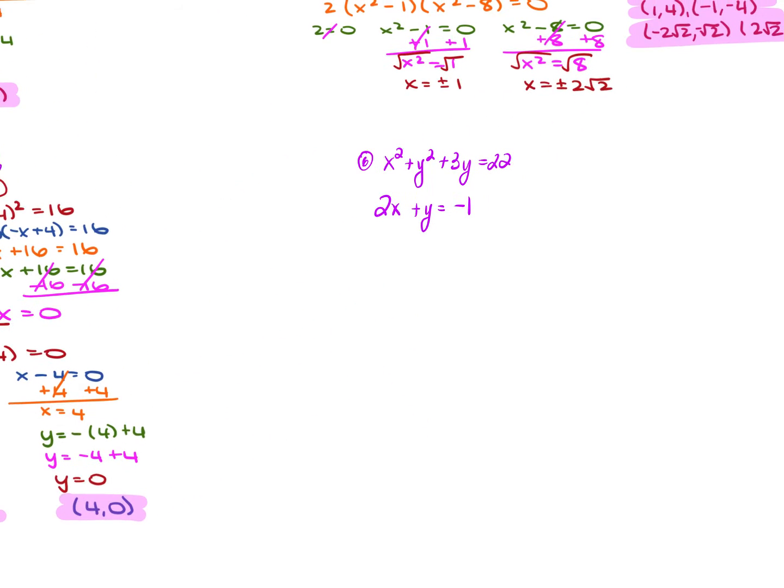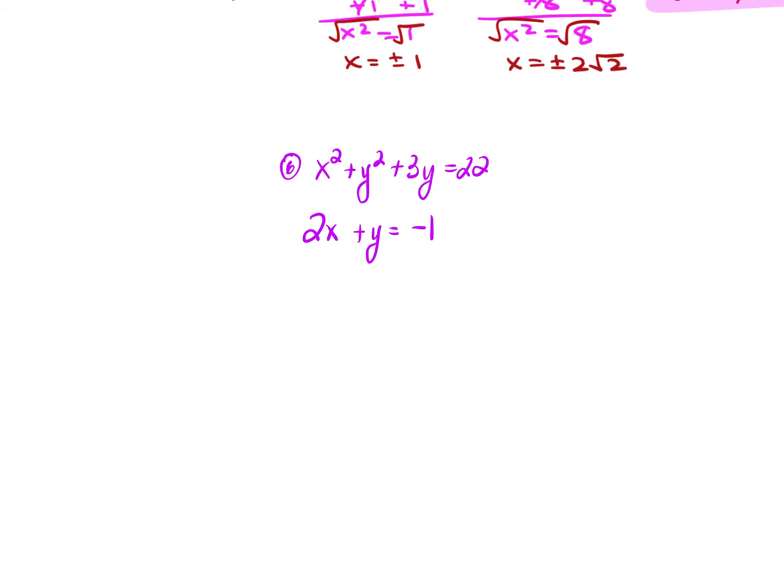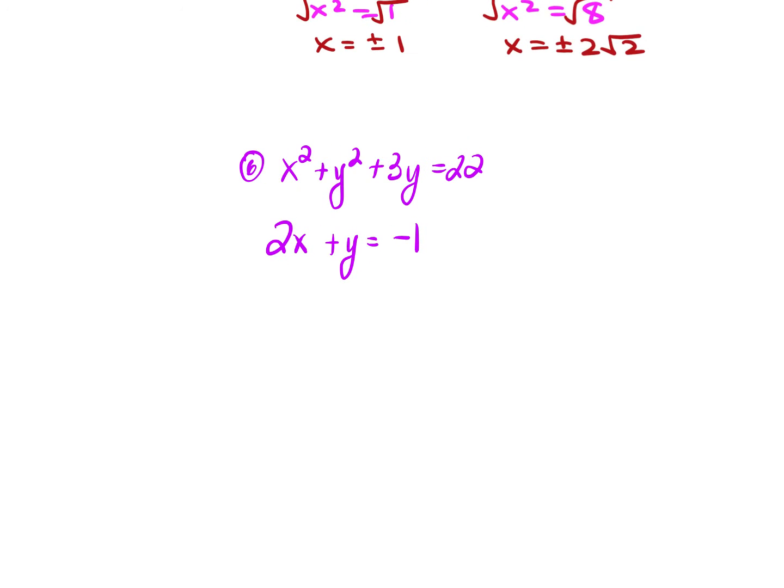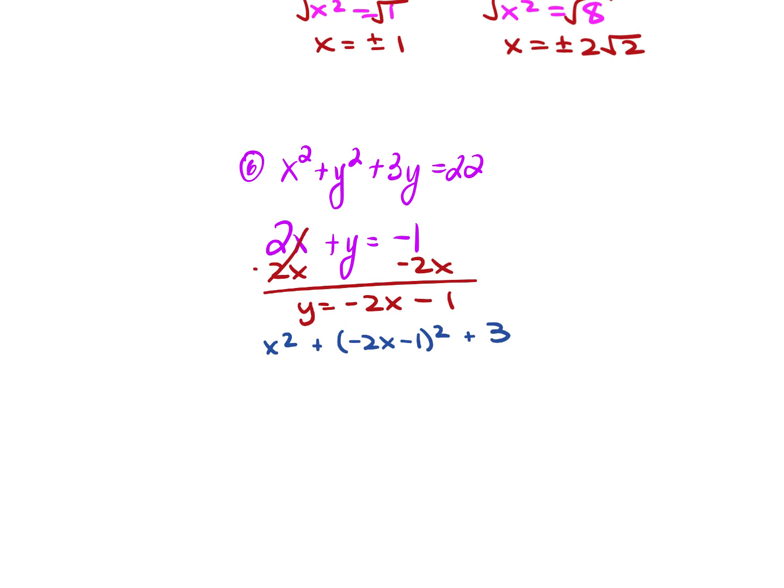For number 6, we have x squared plus y squared plus 3y is equal to 22, and 2x plus y is equal to negative 1. For that bottom equation, we're going to move the 2x over by subtracting it from each side. So we have y is equal to negative 2x minus 1. If we plug this in for each place that we have a y, we're going to have x squared plus y squared, which is negative 2x minus 1 squared, plus 3 times y, which is negative 2x minus 1,